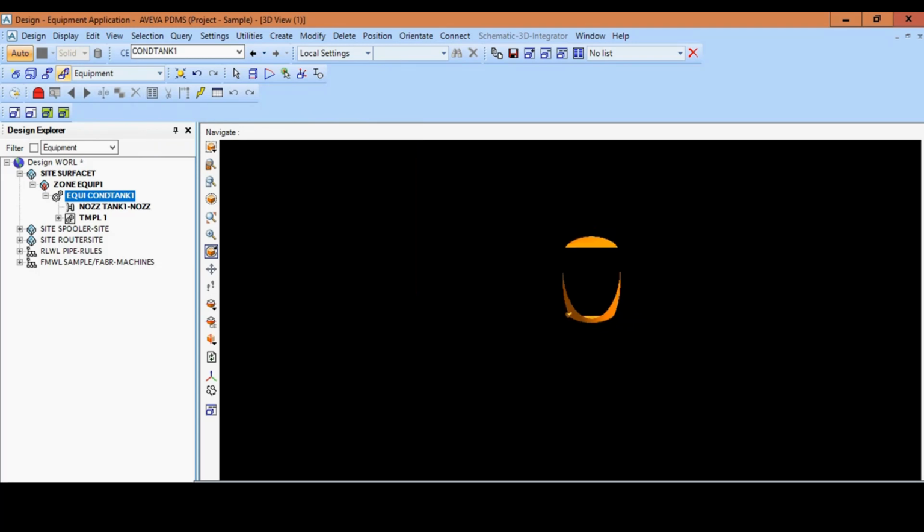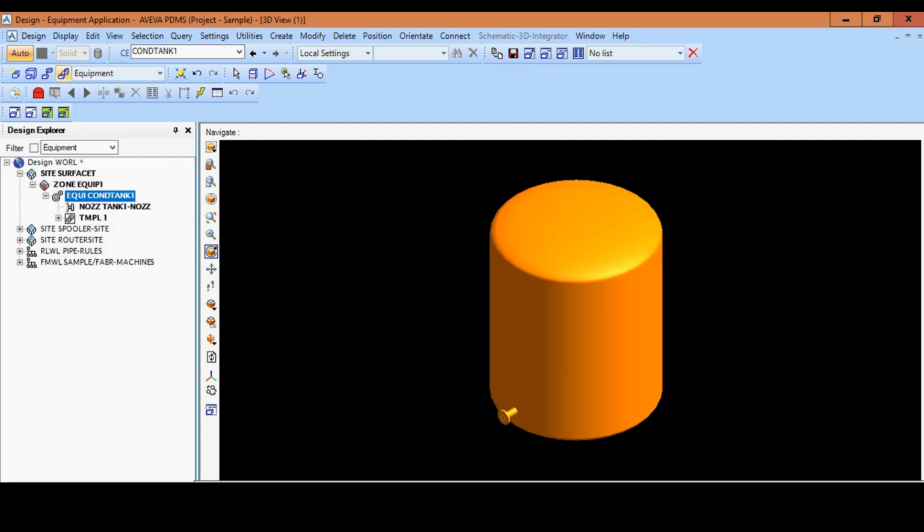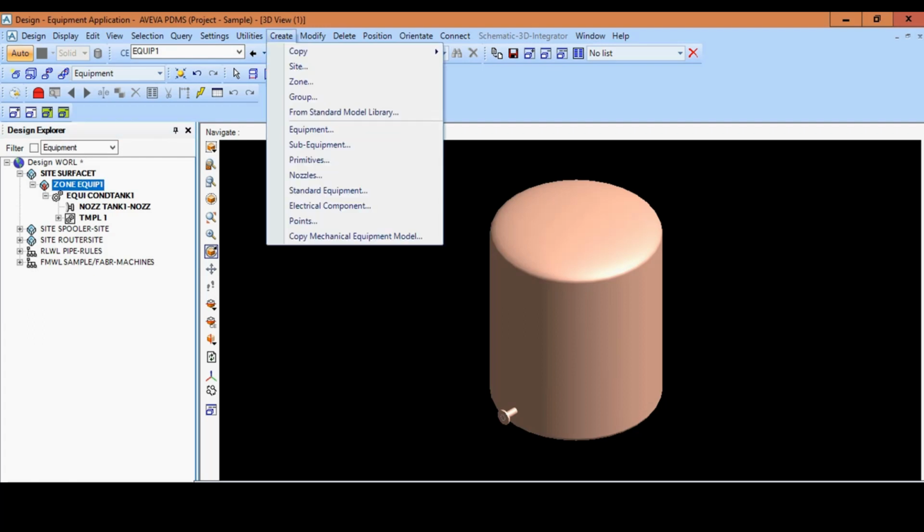Okay, we are done with the tank we have just created. This is the tank we have just created. So if you want to create a different equipment, you have to go back to the zone to create another equipment on that zone. So for instance, we want to create a pump under the zone. We follow the same methodology. Just go to create